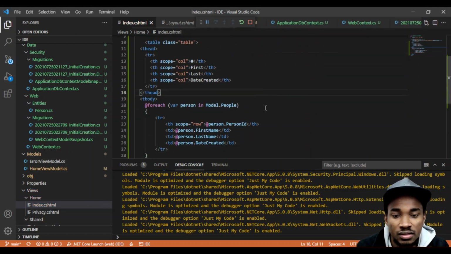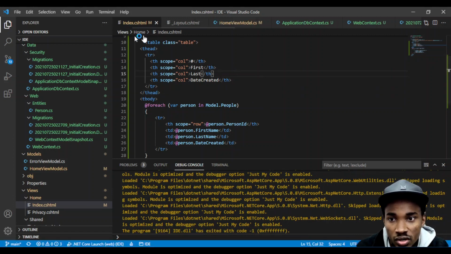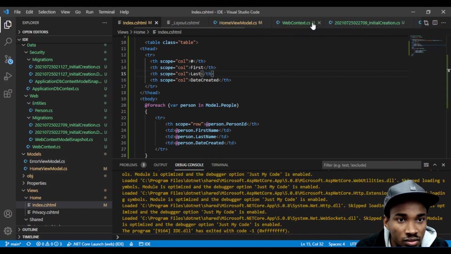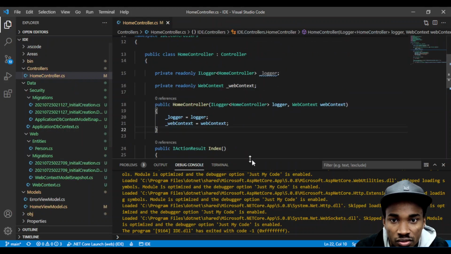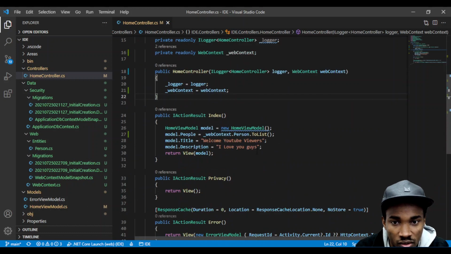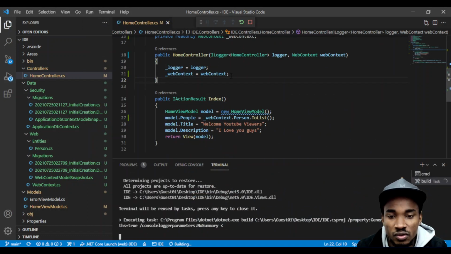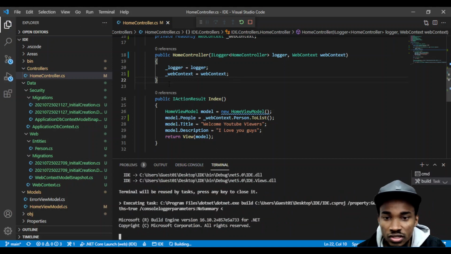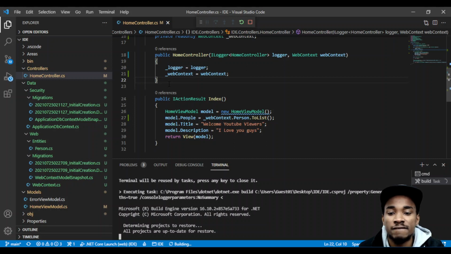So right now you can see it's all looking nice, right? Let's stop this and make sure everything is fine. All the files are fine. I'm going to close all this just to make sure we're focusing on just this table. Let's close that one as well. Let's run it again. So F5, if you don't want to use the run button, you can just use F5. And then you will be able to see the actual